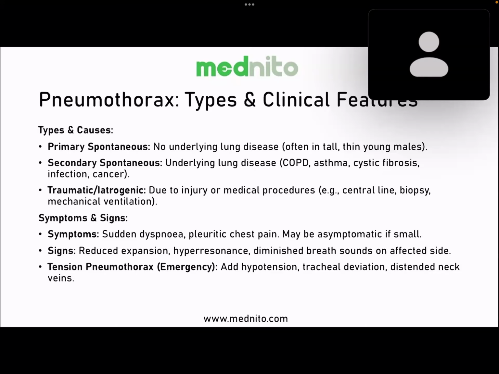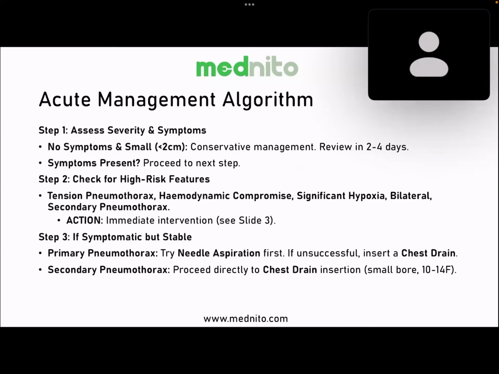But if it is a tall, thin, young male smoker, whatever he is doing, and is now presenting with shortness of breath, I will want to rule out the primary spontaneous pneumothorax. If the patient has got an underlying COPD, asthma, chest infection, pneumonia, pulmonary fibrosis, I will have to consider this as a secondary pneumothorax, please. If the patient is presenting to the A&E with trauma, it is the traumatic or tension pneumothorax that I will have to rule out, please. One most important thing is the sudden dyspnea that needs to be considered in patients with pneumothorax. All right.